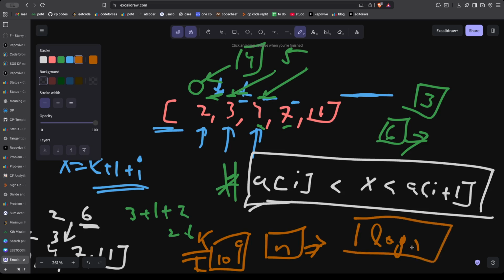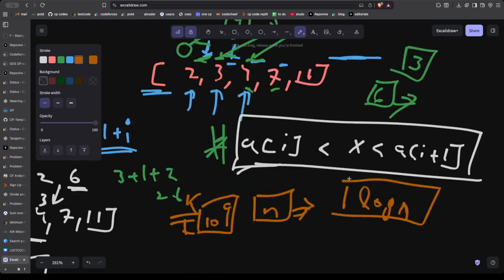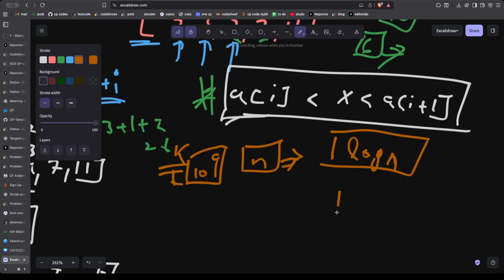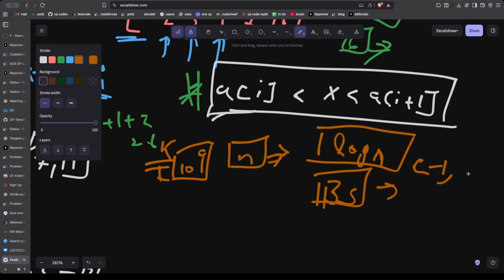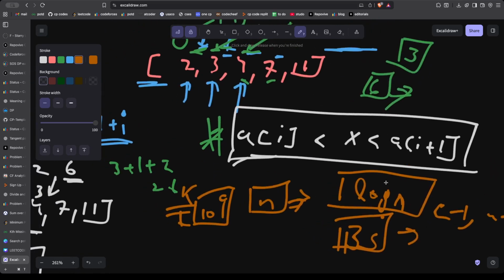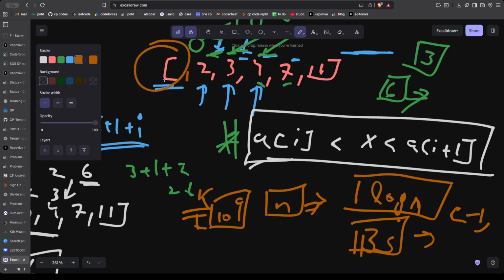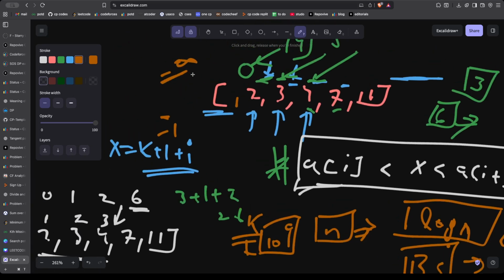Why we can do log n is, rather than doing a linear search on this, we can do a binary search on this. So we'll do binary search on the index from index equals -1 to n minus 1. Why -1? Because -1 is basically this index, this range. We'll say that there's an element at -1. We can say that this element is like negative infinity, like nothing basically. And we'll say that this range is after -1,